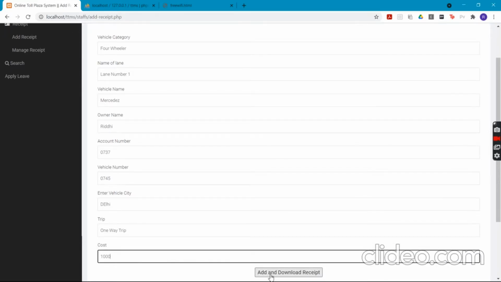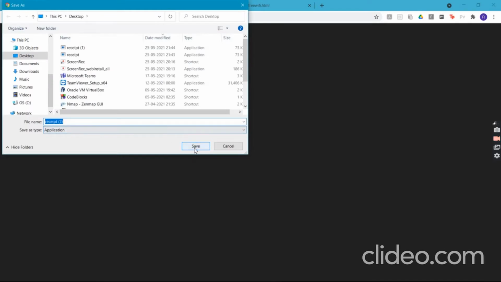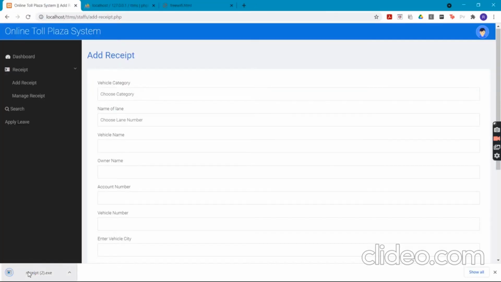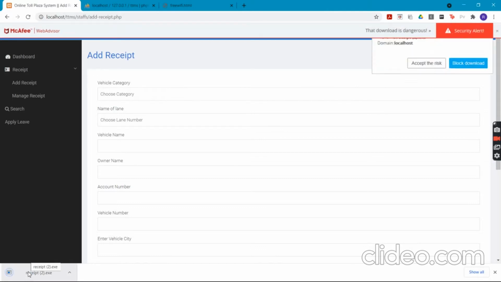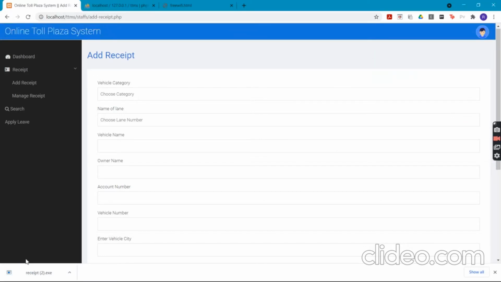If the staff also tries to download the receipt for the user, then again the receipt is downloaded, and the staff can click on it and be directed to the Kali Linux platform that we have created. So this is about the website that we have created and how we can attack the system of a well-built organization.